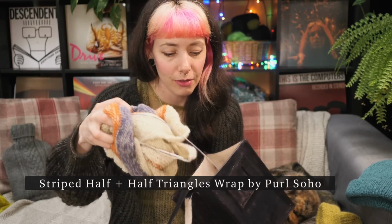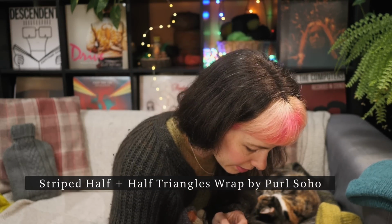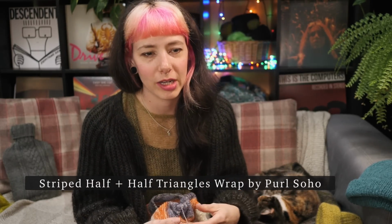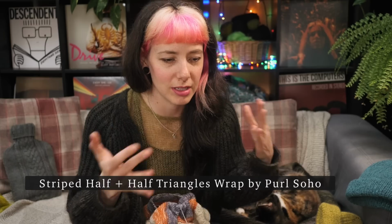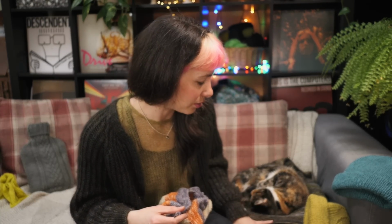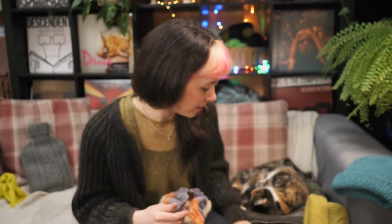And then finally, I have cast on my half and half wrap. This will be kind of the same as what I did before, when I just went, these are the numbers, this is how to do it, I'm just going to do it my way. So the modifications I made for that one were to do German short rows and to just do my own take on the striping using dice,